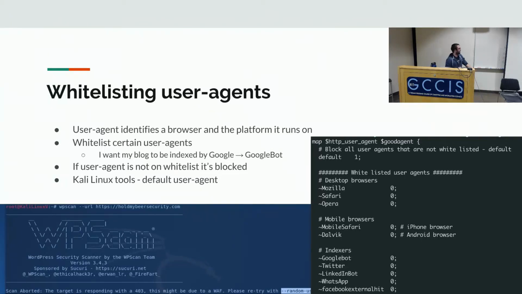What this helps with is that things like Kali Linux have a lot of default user agents set. So WPScan, which is a popular tool to scan for vulnerabilities on a WordPress site, has a hard-coded user agent. You can change it. But by default, if you don't change it and you try to scan my actual box, it says the host doesn't exist at all.